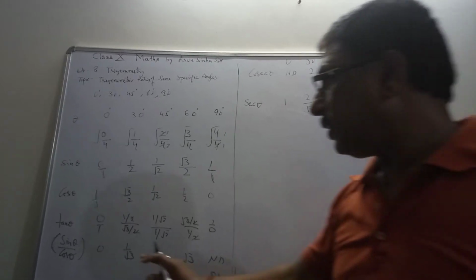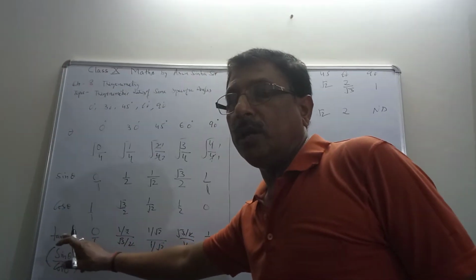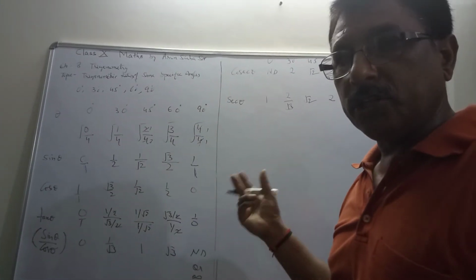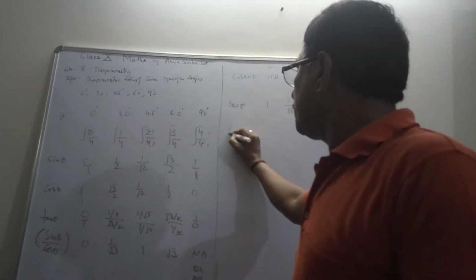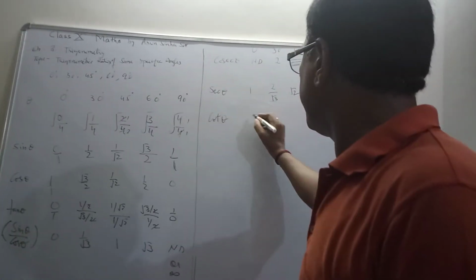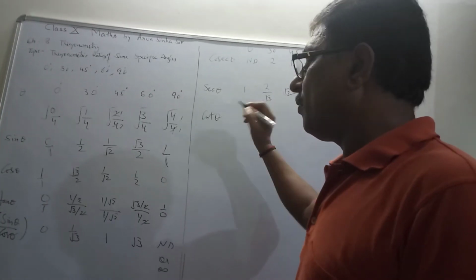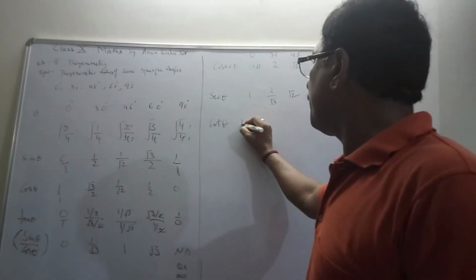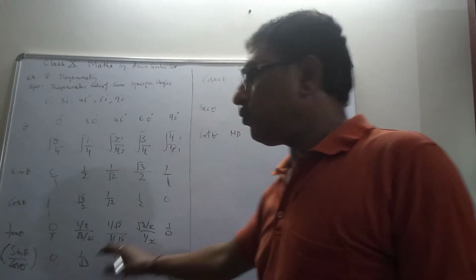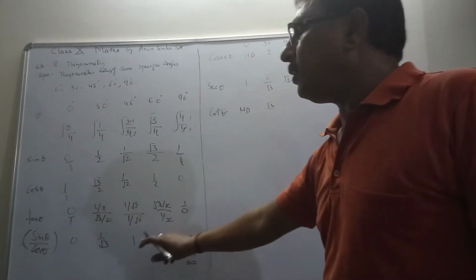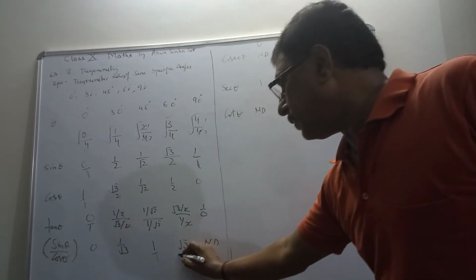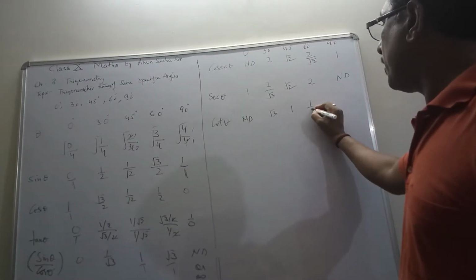Okay, children. Now you can see tan theta's reciprocal, or you can say its inverse. Its reciprocal ratio is cot theta. So cot theta is what? 1 upon tan theta. So just reverse these values. So what will you get, children? 0 upon 1 means 1 by 0 means not defined. The next value you get, you can see, children, 1 by root 3 means root 3 upon 1. If you reverse, you will get 1. Root 3 means root 3 upon 1. You will get here 1 upon root 3.